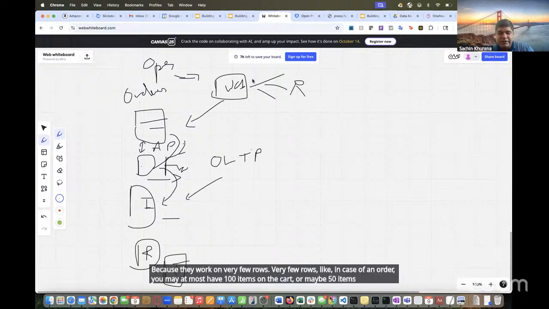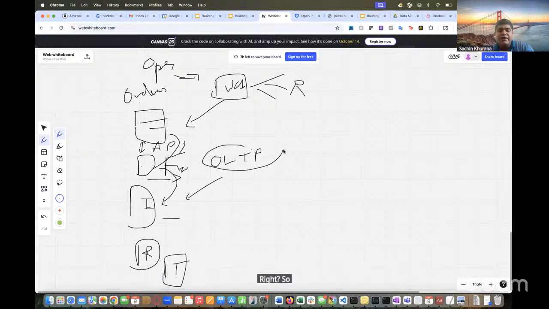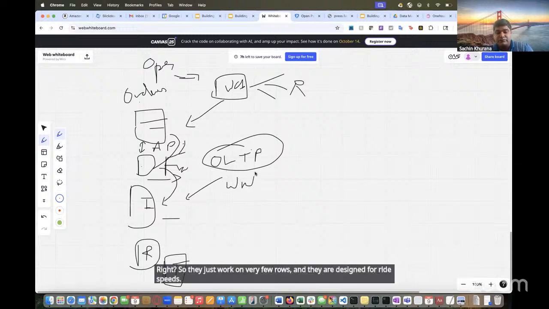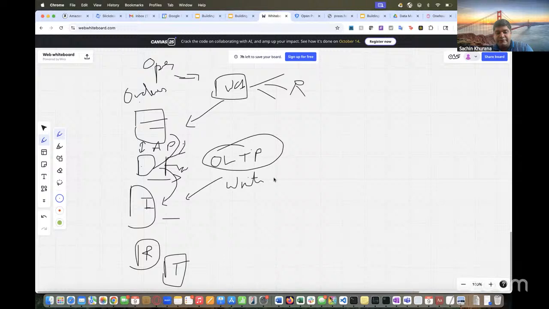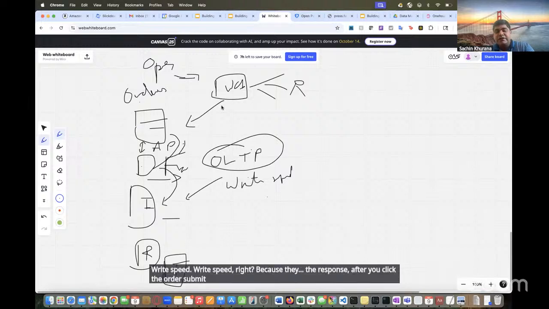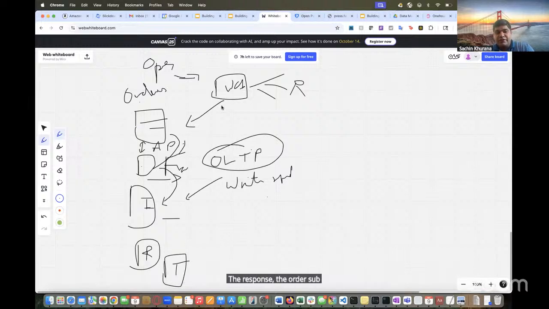Generally there'll be fewer items, 4, 5, 1, right? So they just work on very few rows, and they are designed for write speed, right? Because the confirmation after you click the order submit button has to happen within sub-seconds. So that's the reason the systems are designed for write speed,